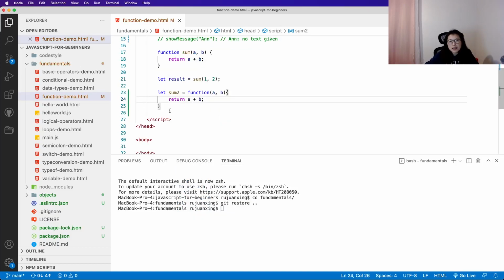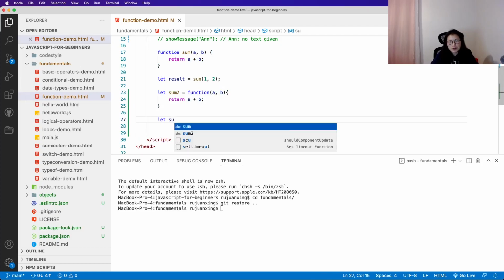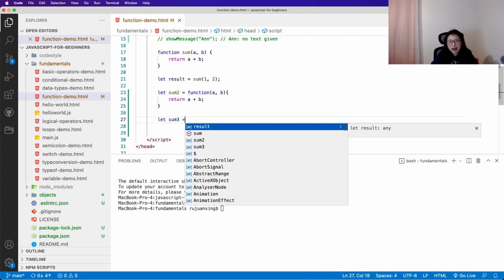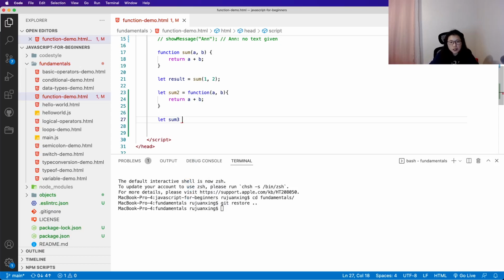Now, what is an arrow function? Arrow function is a simpler version of function expression and function declaration, and we can call it sum 3. Okay, so I can keep all of them. Otherwise, if I use sum, you will see an error, right? Because you cannot redeclare. You will see an error. Okay, but for sum it's special, we use a different name,